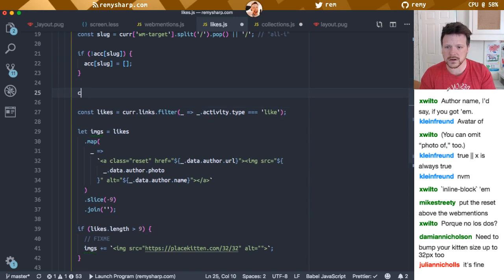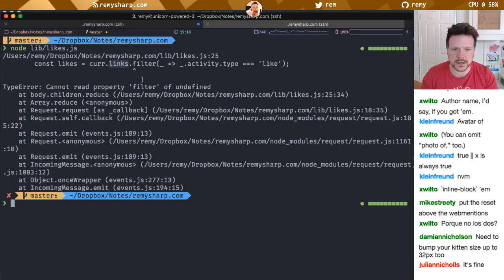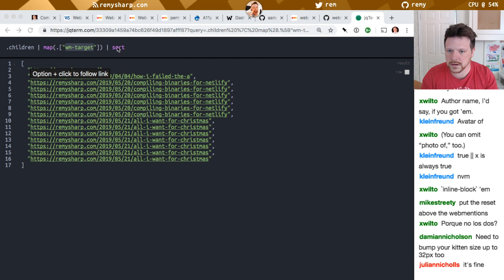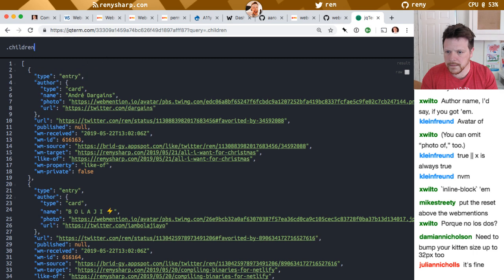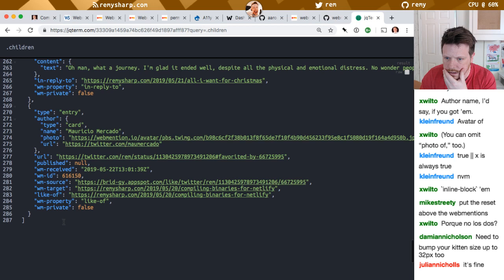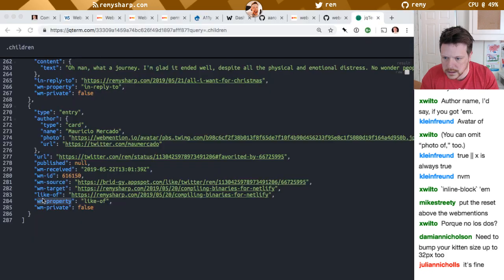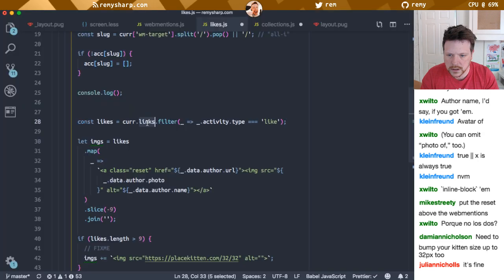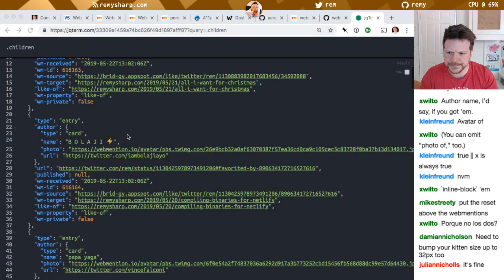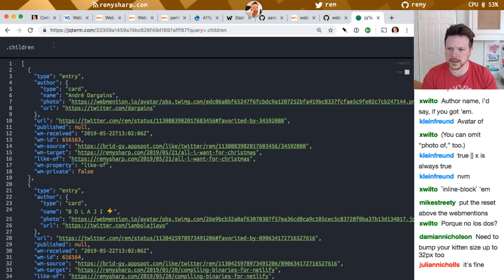No, it does not. Cur. Where was that bit? That bit. Let's do a log on. Oh, hang on. Let's look at this data structure here. It looks right. Oh, okay. So the type is different. We actually want a WM property like-of. So yeah, it's just WM property. So we want